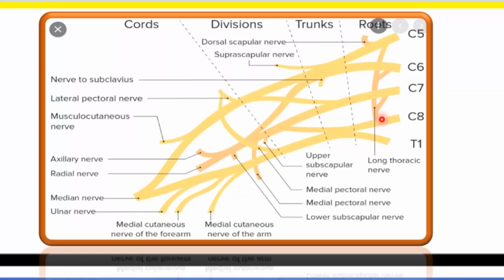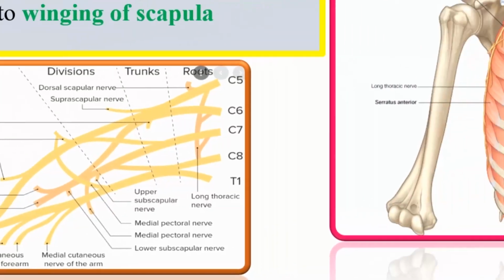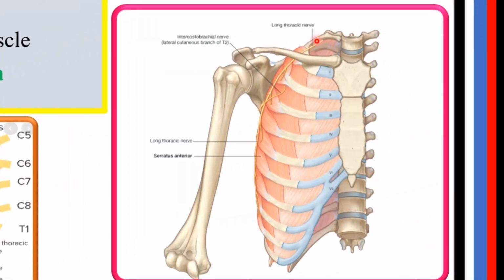Here is the long thoracic nerve running down, and these are the contributions from C5, C6, and C7. Now, this nerve will run distally and will run deep to the clavicle, running on the lateral aspect of the thoracic cavity to supply